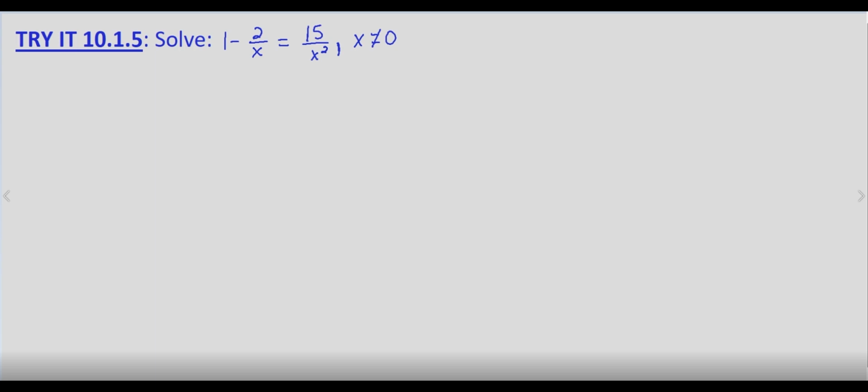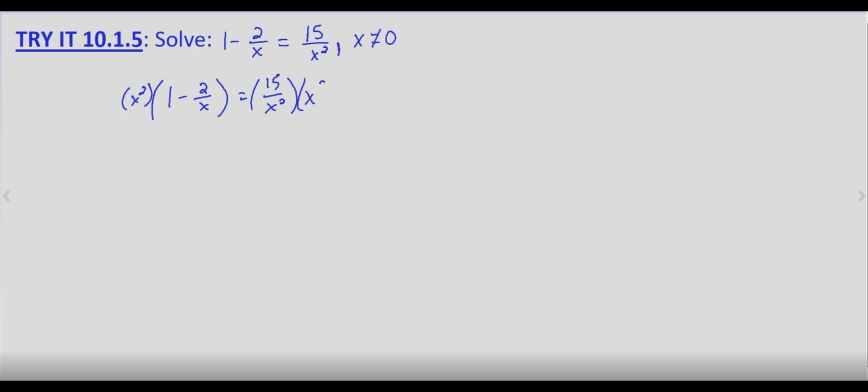Now our next step is to find the least common denominator of all denominators in the equation. In this case, our least common denominator is going to be x squared. So then we multiply both sides of the equation by x squared, by the least common denominator, in order to eliminate the denominators. So we have 1 minus 2 over x, and that's going to be multiplied by x squared, equals 15 over x squared